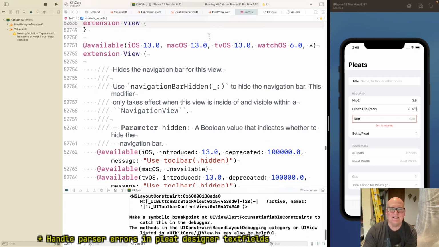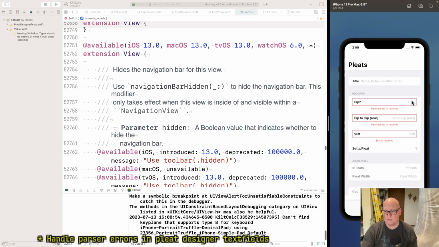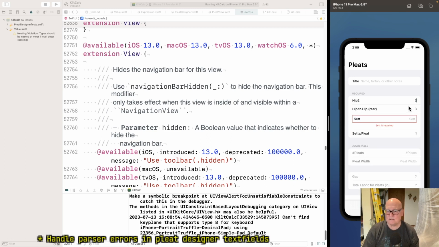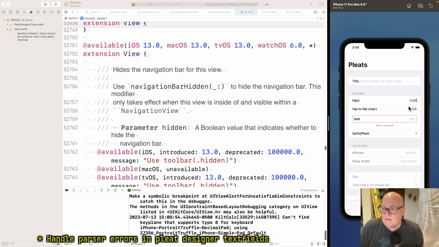All right. So what we're trying to do is we've got this field that represents a measurement we want, and if it's not there, we want to put a red box around it and give the message, hip measure is required. If we type something, we want to use it. If it's illegal, we want to notice that. So 3.5 slash, now we allow 3 and 5/8 to be written that way.